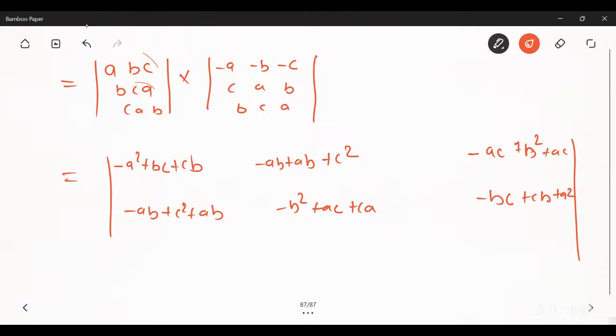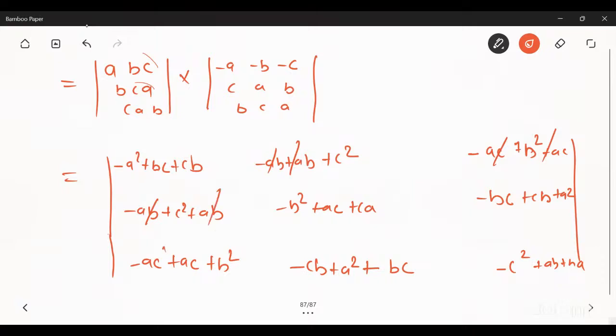Now multiply third row with first column. So minus AC plus AC plus B square. Third row with second column: minus CB plus A square plus BC. Now multiply third row with third column. So minus C square plus AB plus BA. Now minus AB will cancel, minus AC will cancel, minus AB will cancel, minus AC will cancel,